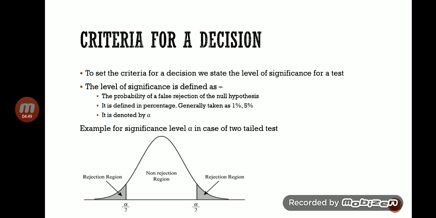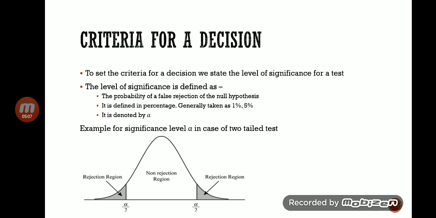So, criteria for decision. To set the criteria for decision, we state the level of significance for a test. The level of significance is defined as the probability of a false rejection of the null hypothesis. That means that